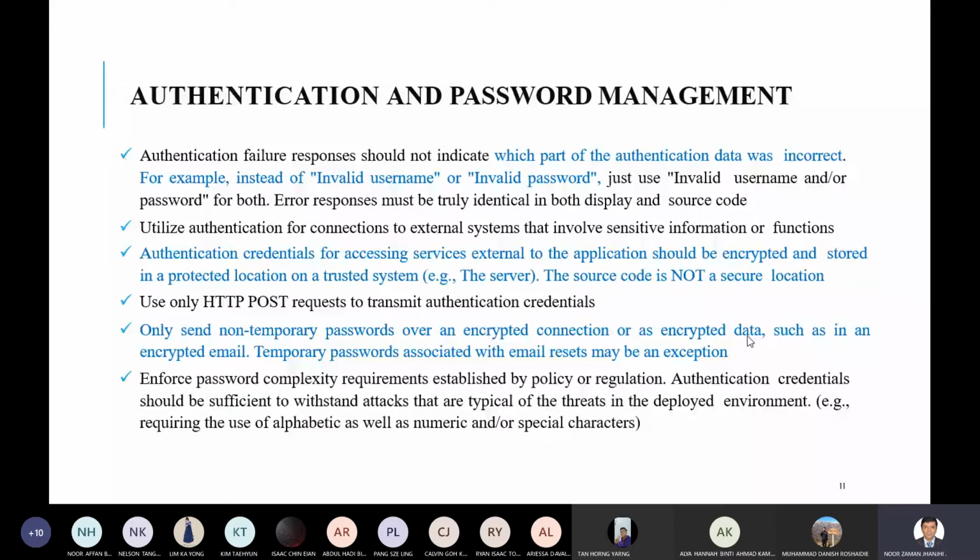Maybe the email address is incorrect or maybe the password itself is incorrect. So that's what you remember. I told you that even with the log files, we are supposed to be careful not to pass any information from which the hacker can get a hint, because then it becomes easy for them. So these are all the things, and there are so many other things as well. As you remember, we said that these are only a few sample things that we are discussing for your better understanding. So now, going ahead,